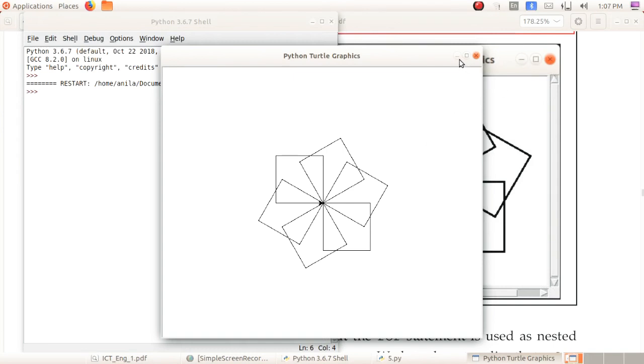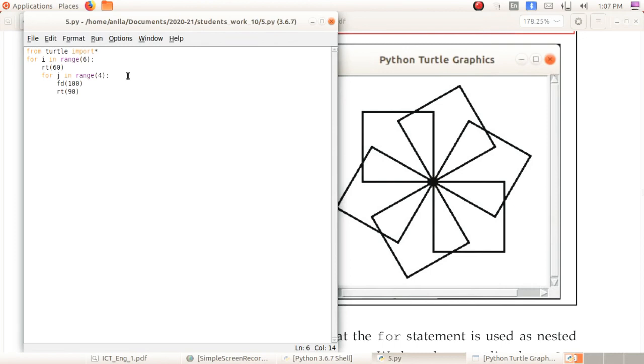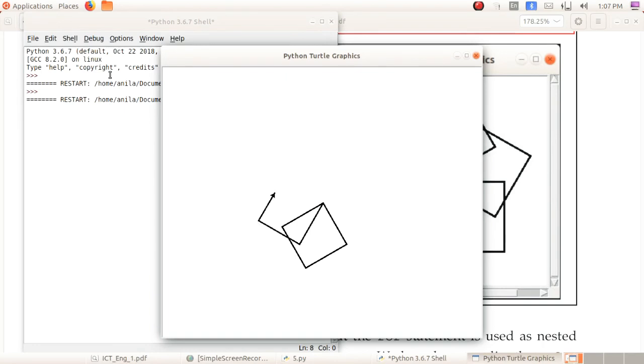Okay, now we can change it by editing the code. How can we change it? Yes, here you can add the pen size. You can increase the thickness for pen size. Now you can give here 3 or 4, any number. Okay, save it and run it. See, the pen size has increased.